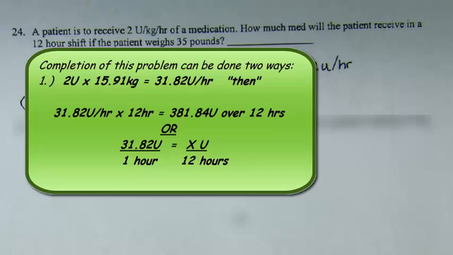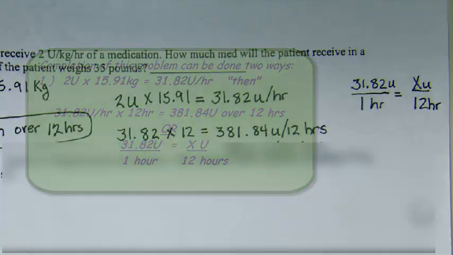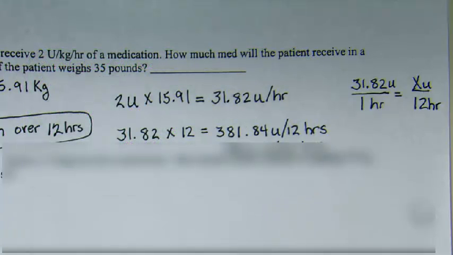How this problem is finished is up to the user. If you are comfortable with simply multiplying at this point, you would only need to multiply 31.82 times 12 for the total, but I will also include ratio and proportion. Again, this is strictly up to the user, but completion when multiplied by 12 shows